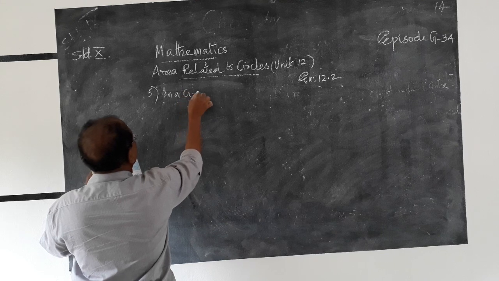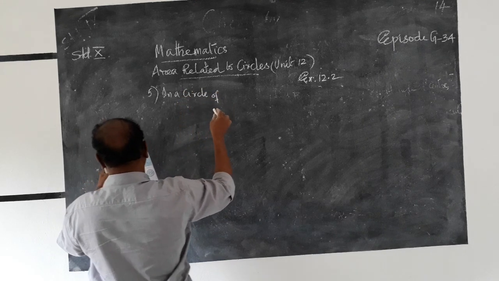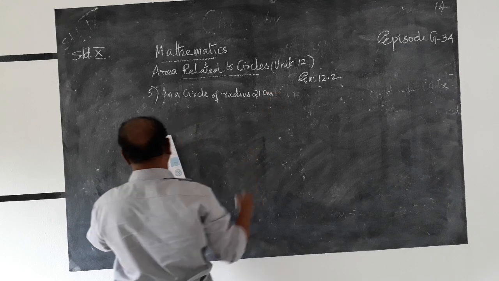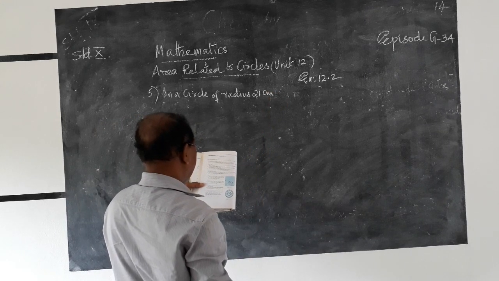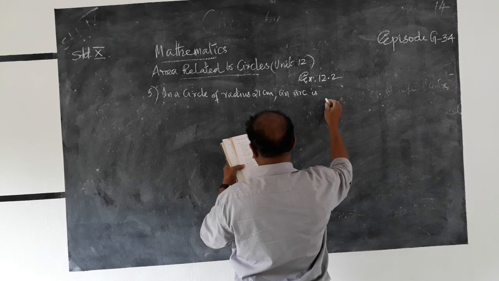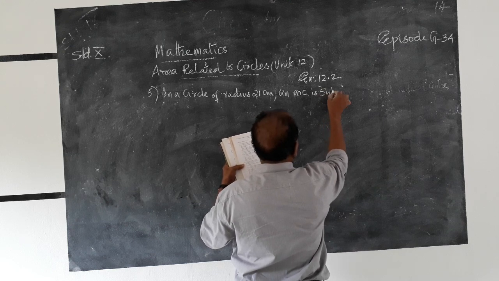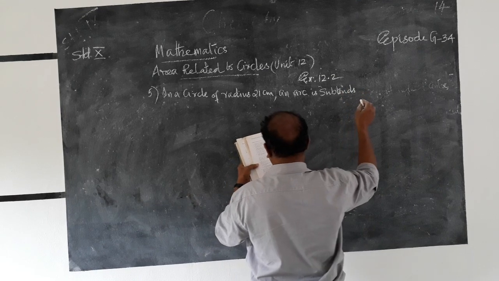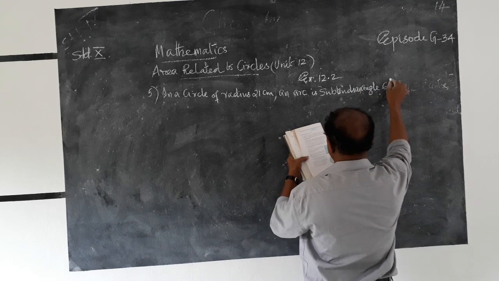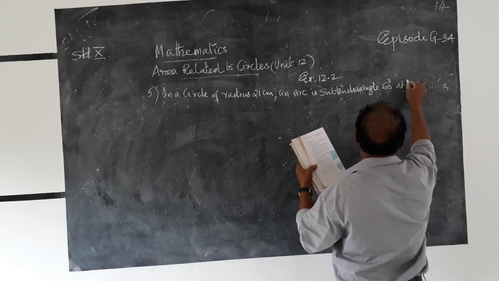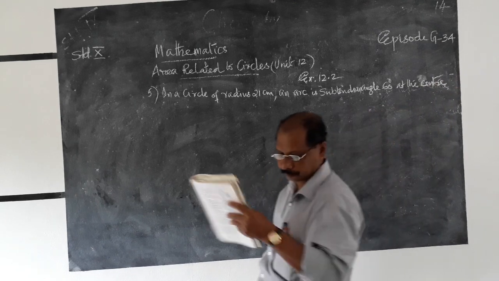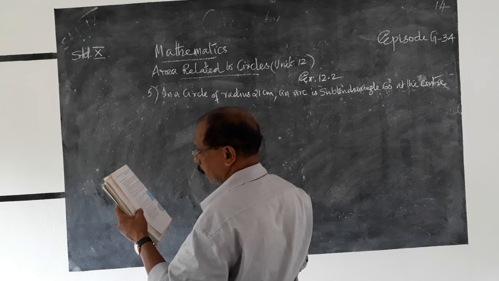In a circle of radius 21 centimeter, an arc is subtended, angle 60 degrees at the center. Find